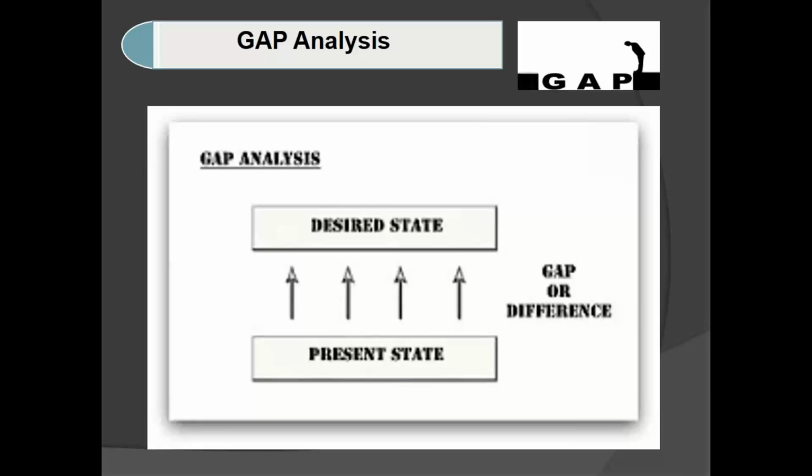So that is nothing but gap analysis. Here the desired process is not the same as the present process. Because of that, the gap has come. It happens the same in projects also in IT companies. We, the BAs, are going to explain the requirements to the developers, and we are going to document those requirements, and we will tell the developer, you have to develop in the same sequence, in the same manner which I have explained in the documentation.